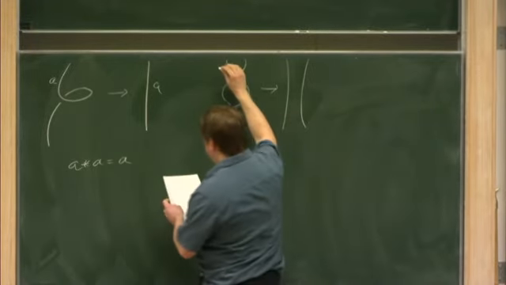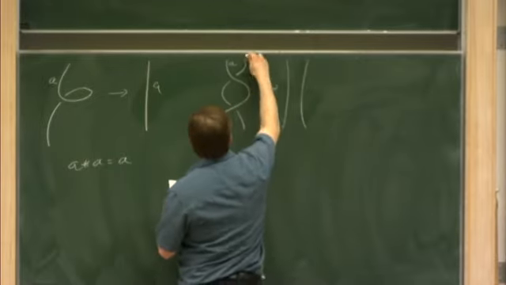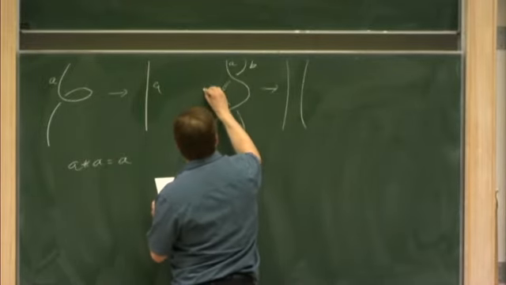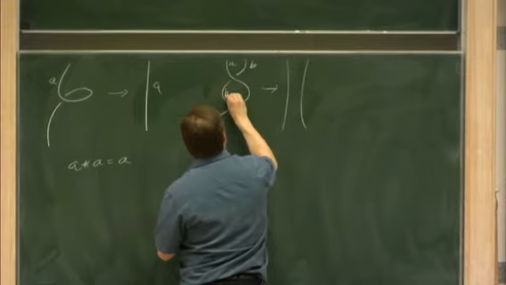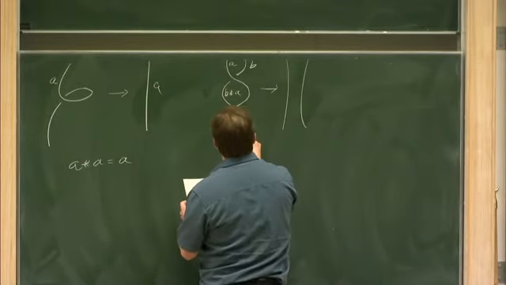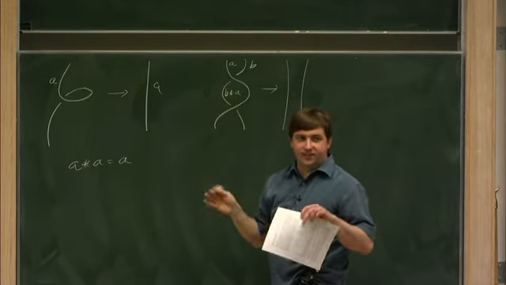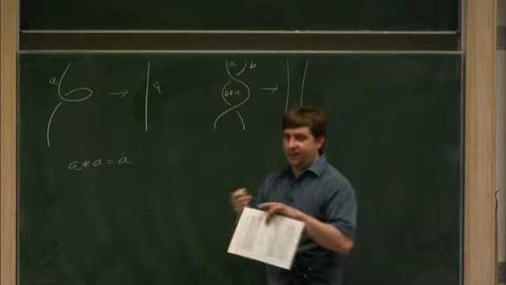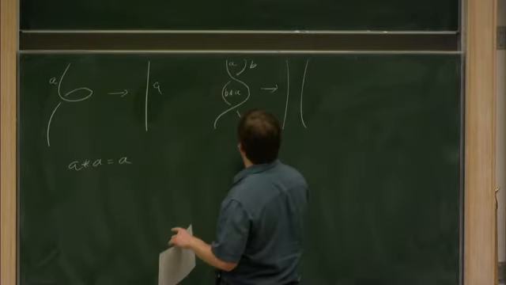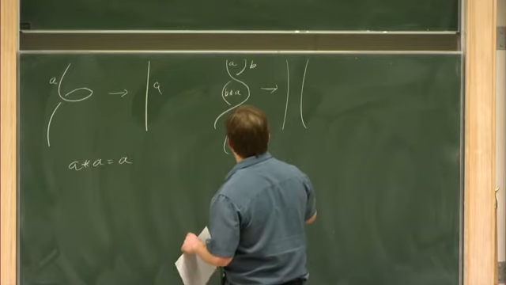If you've got A, B, then this will be B going under A, going under A again. I've waved my hands too much and haven't done the directions properly, but this becomes B star A, sorry,